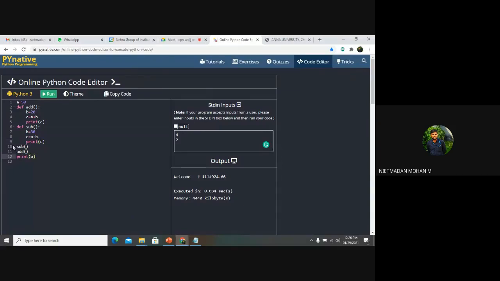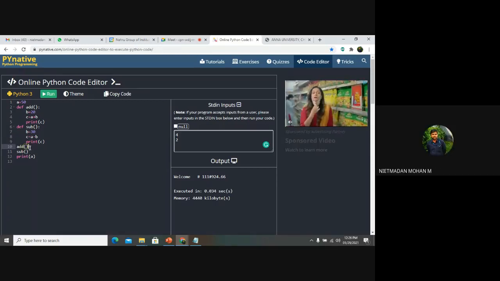So here the first line will be executed. You can take this. First you can do add. Oh yes. So here the 10th line has been executed, right? First. Yes. Which line will be executed first? Sir, 10th line will be executed first. Yes, 10th line will be executed first.